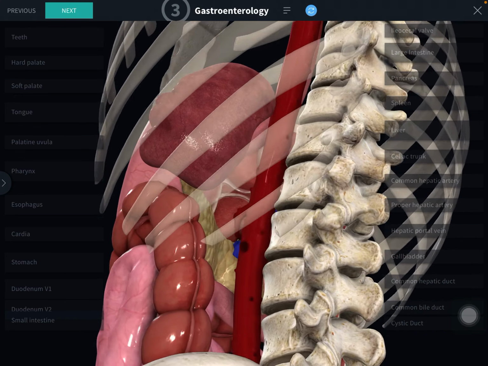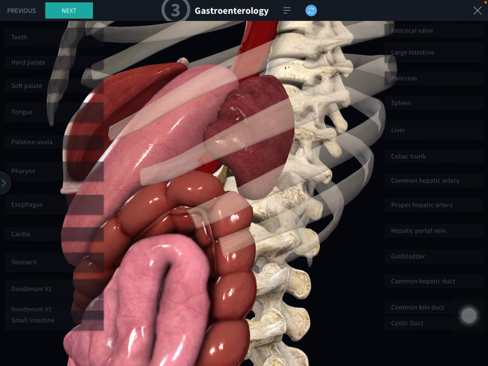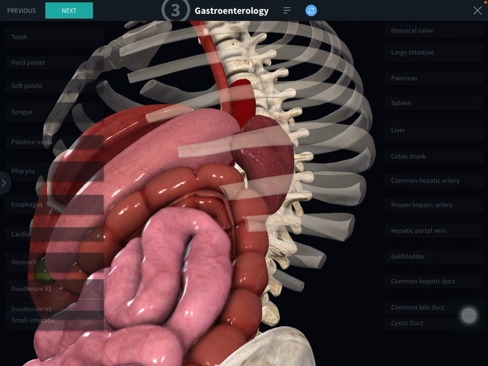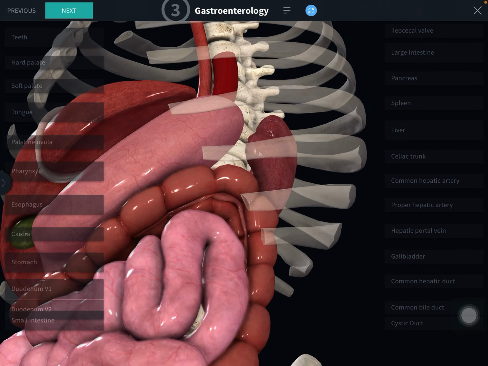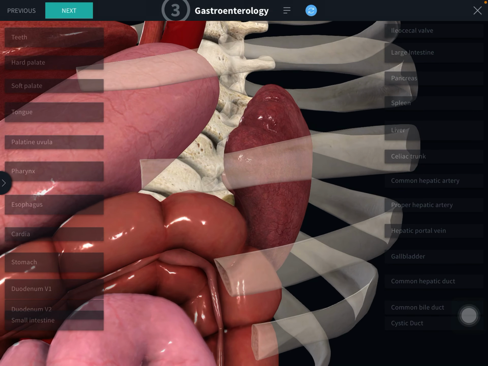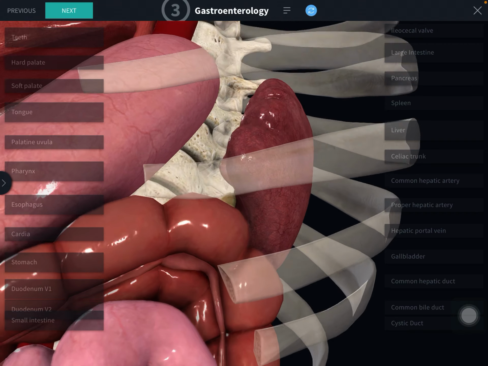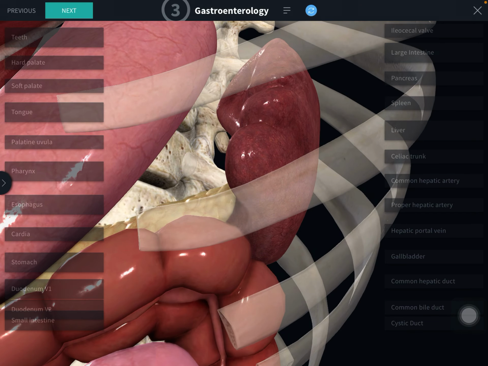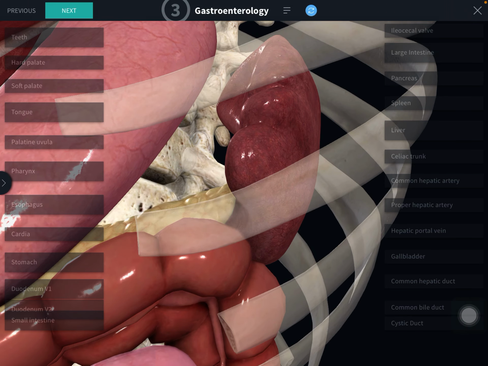Then we will see the 2 angles. This is the anterior basal angle. Junction of the superior border and lateral end, it represents the most forward projecting part of the spleen. Usually it lies in the 9th intercostal space. You can see it slightly at or behind the left mid-axillary line.